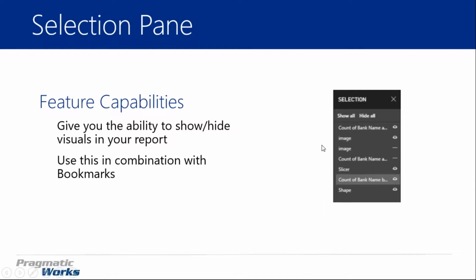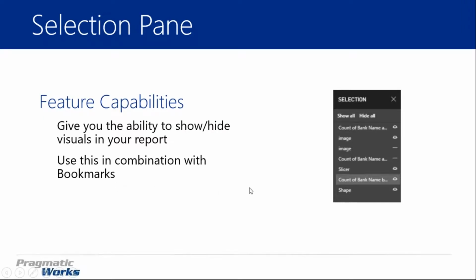These things that you add to your report can be turned on or turned off as far as their visibility. That's what the selection pane does: it allows you to show certain objects that you've created, or hide certain objects. So I can show or hide a column chart, or I can show or hide a map if I wanted to. So you have the ability in here to determine what is shown and what is hidden as your report is working. And now this is really something you're going to do quite frequently with bookmarks, because what you'll